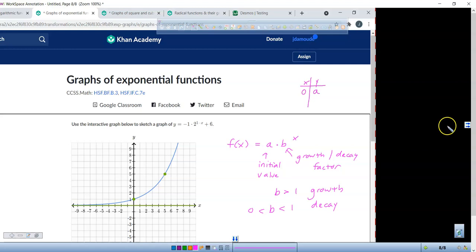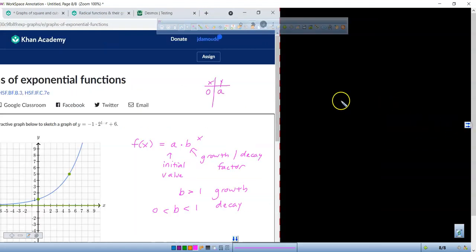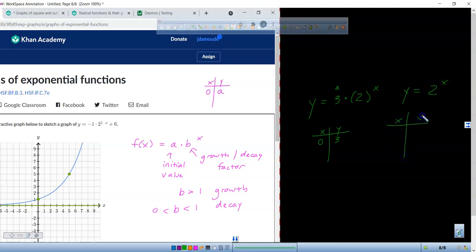So, for example, you're like, what does that mean? I have no idea what it means. It doesn't make any sense. So here we go. If I said y equals 3 times 2 to the power of x, and I made x 0, what would my y value be? What's my a value? It'd be a 3. But if I had y equals 2 to the power of x, does anybody see an